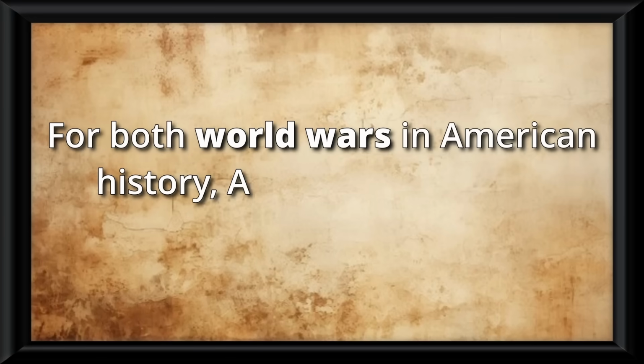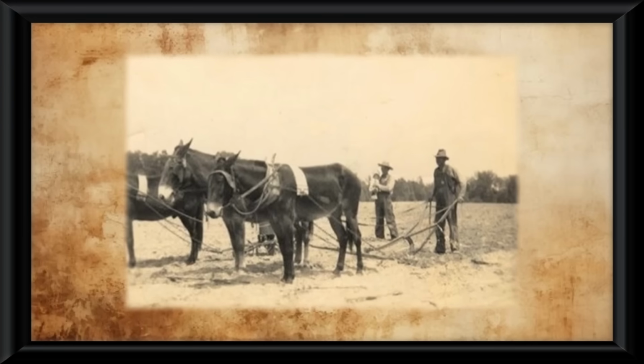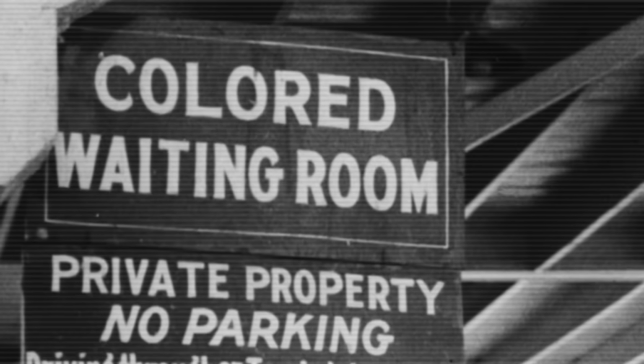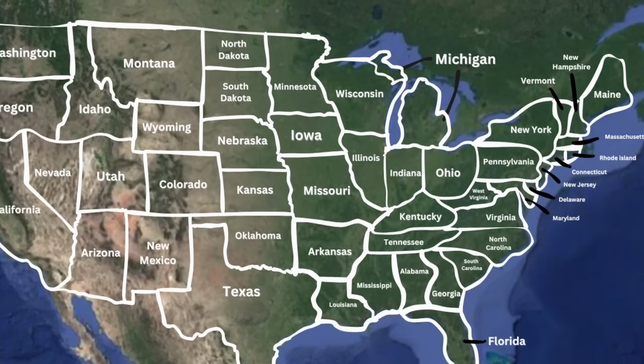Here's a good rule to go by. For both world wars and American history, America is going to become kind of unstable. I mean, we already know lots of America is racist. Jim Crow laws still exist and are still being enforced quite a lot. But now there are genuine threats in Europe that America declares as enemies when they enter the war, and so